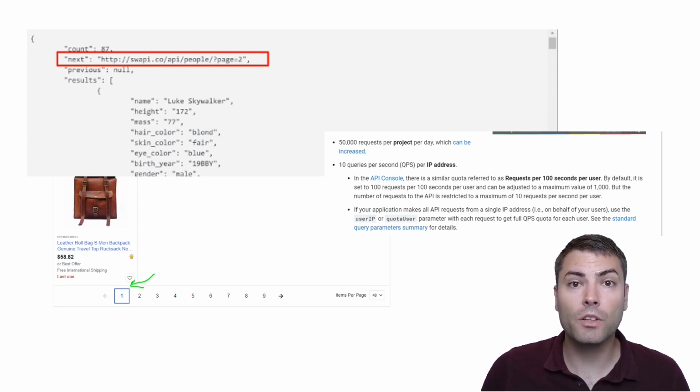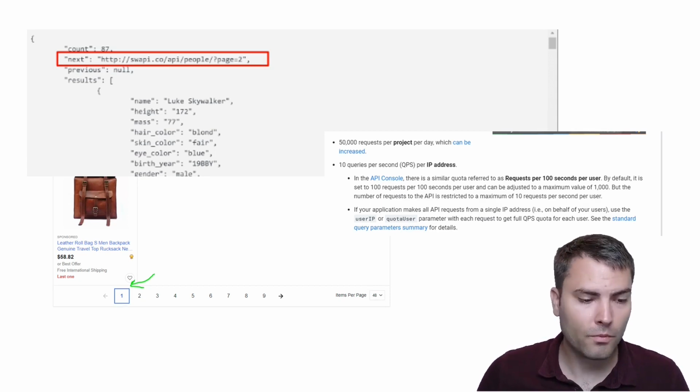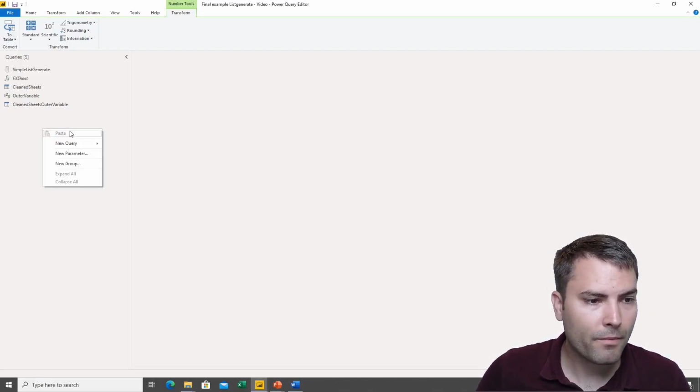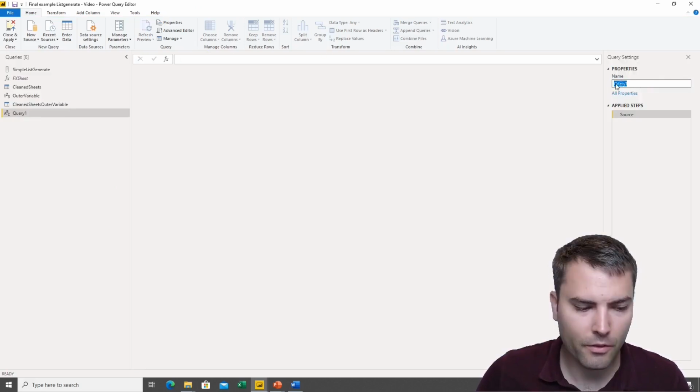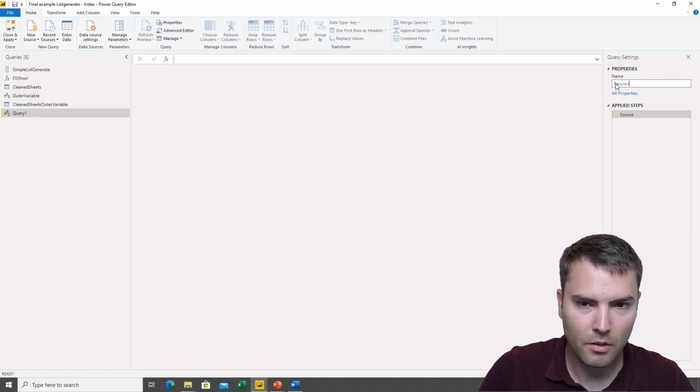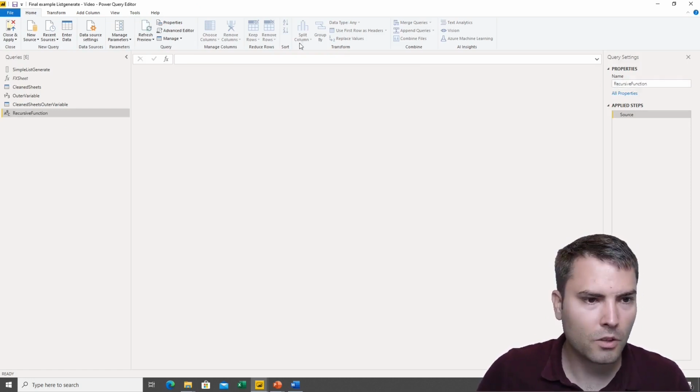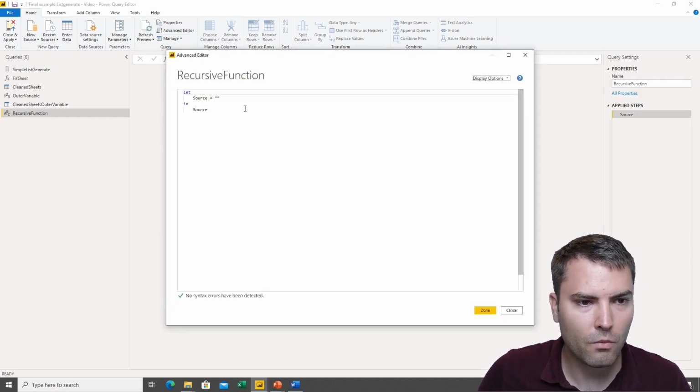Now let's talk about the recursive technique. The recursive technique is using the @ sign to access the same function from itself until it reaches a certain condition. Following is a simple representation of the code. So let's go to Power Query and write a new blank query. Let's call the query recursive function, and let's go to the advanced editor, and we will write